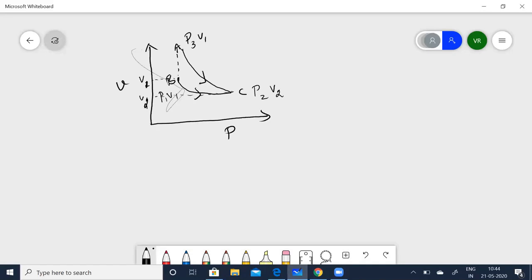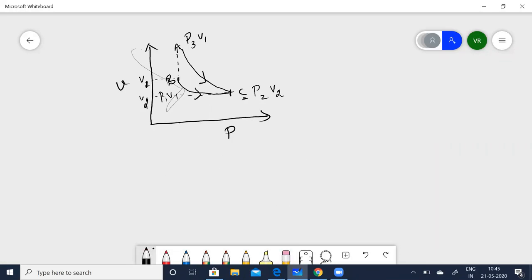Temperature is going to be greater in state A. Now you are going to compress the gas adiabatically, so it will attain the state C. When you compress, it is going to attain the state C. The pressure of the gas has a higher value at C. I'll come back, I made a mistake. Just a second.